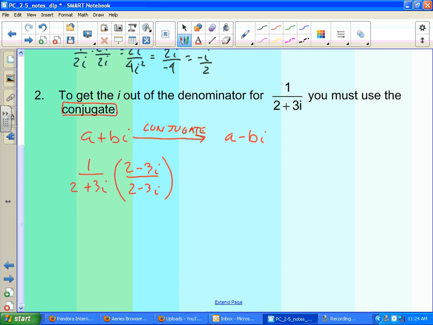Okay, so the first reason we're doing this is to get rid of the i in the denominator. But let's back up even further. Can't cross out a plus or minus. Okay, you mean you're looking at it as a factor thing, right? Yeah. Here's another reason. If I change the problem by multiplying by the same thing over the same thing, that's a 1, so I'm not changing the problem. So we're going to get 2 minus 3i